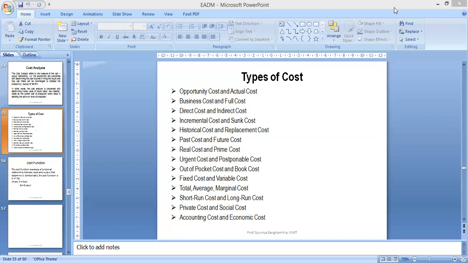Then total, average, and marginal cost. Total cost represents the value of total resources required for the production of goods and services. Then average cost is of a statistical nature. It is not actual cost. It is obtained by dividing total cost by total output. You can say average cost equals total cost divided by quantity,